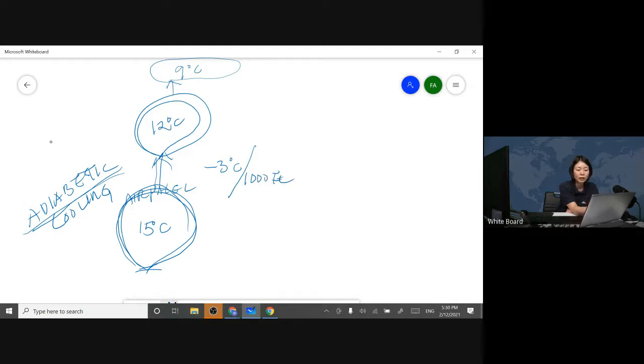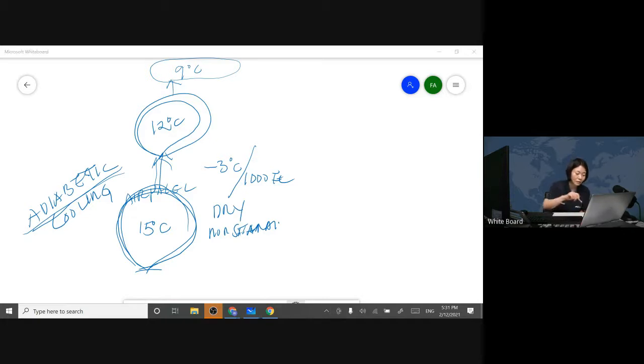This is what we call a dry or non-saturated air parcel. If it is a saturated air parcel, it has a lot of humidity, so it's saturated. When you go up every 1,000 feet,